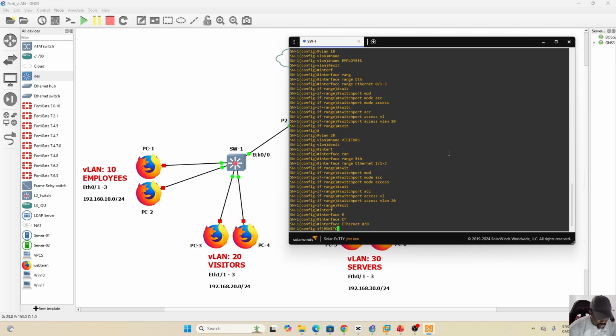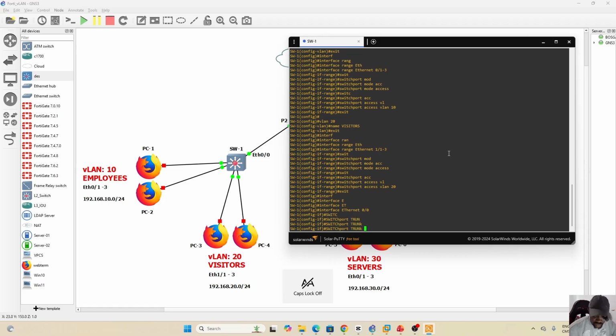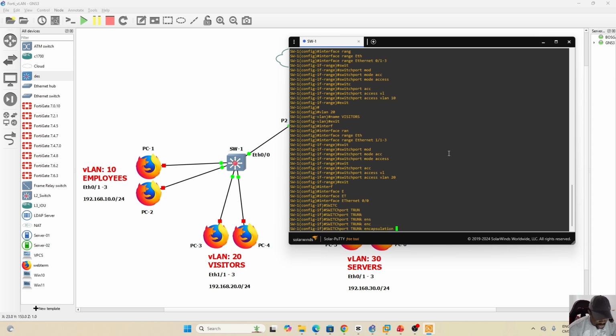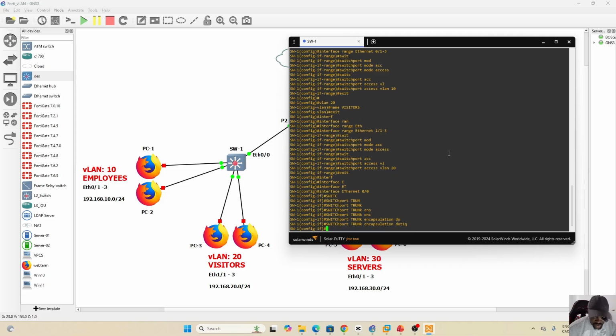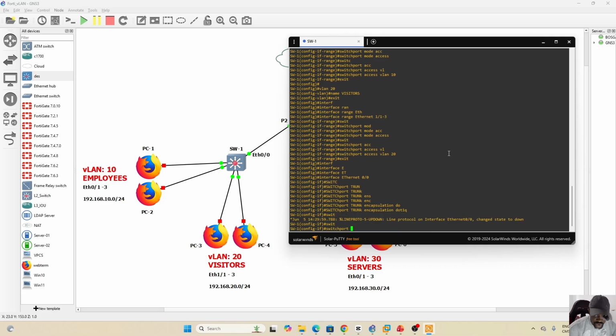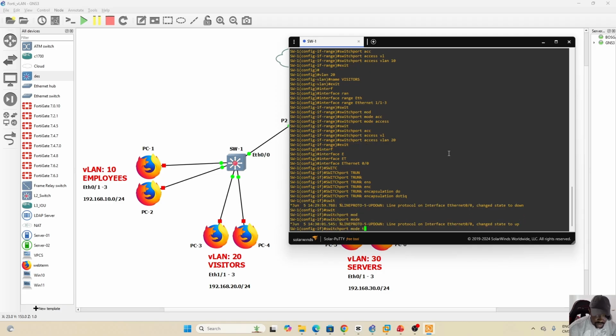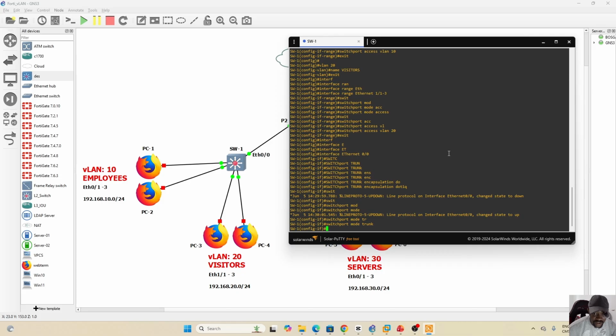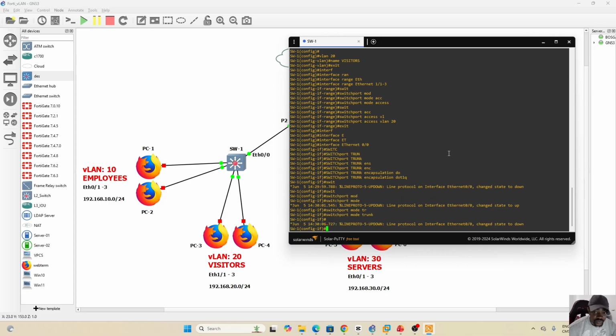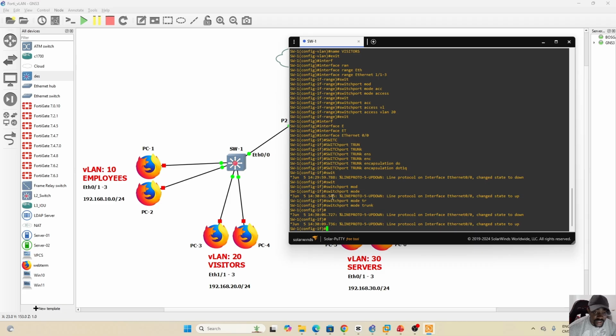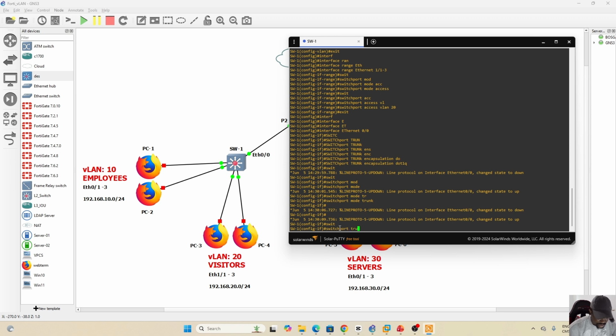So here what I'm going to do is go with command switchport trunk encapsulation dot1q, hit enter. So now we say switchport mode trunk. Okay, so now we've configured the port in trunk mode. Now we need to specify what are the VLANs that we would like to pass on this switch for now. So that's where I'll say switchport trunk